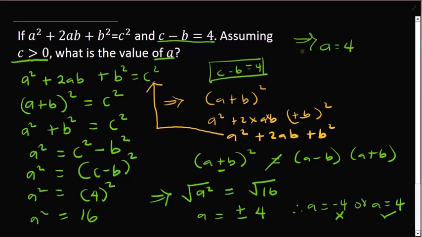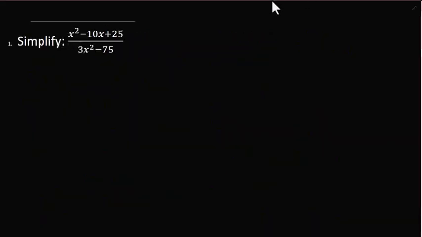I know this was quite confusing, but it's still under the rules of classic quadratics, and that's why it's very, very necessary that you can easily identify classic quadratics anytime. And for the last question, it says x squared minus 10x plus 25 is all over 3x squared minus 75. So if you look closely, you can see that the first